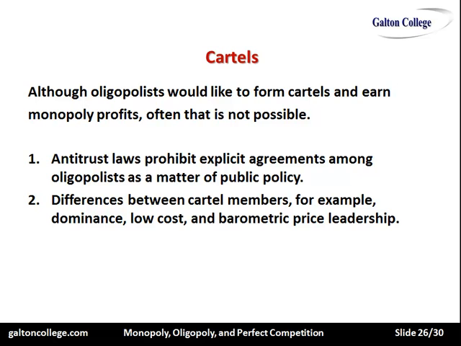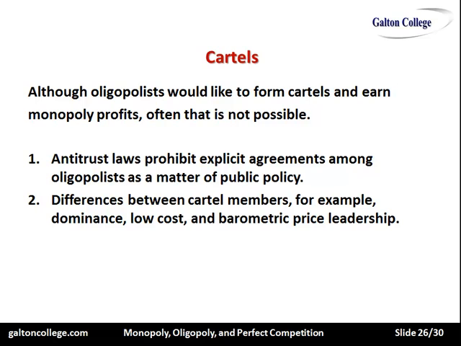A low-cost firm is one that's very efficient about production and distribution, very clever about how it uses resources. Because it's so efficient, it can cut the price and still make a profit. That means the other members of the cartel will have to suffer that very efficient producer, and that's going to put pressure on the cartel. The cartel could be seen as a club, and as a club, it will start to break up. They'll find it difficult to work with a very efficient producer.